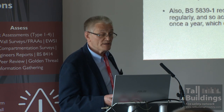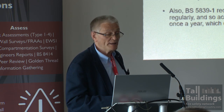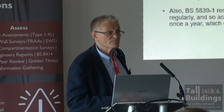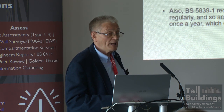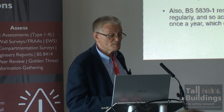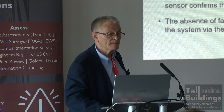However, of course, it could be some time from when the fire starts before the heat detector is actually triggered because it's in the lobby, and that may be too late for any vulnerable people particularly who might be in their flat on their own before the alarm goes off. And also because it's covered by BS 5839 Part 1, it's got to be serviced regularly. People have to get into their flat at least once a year. So our solution